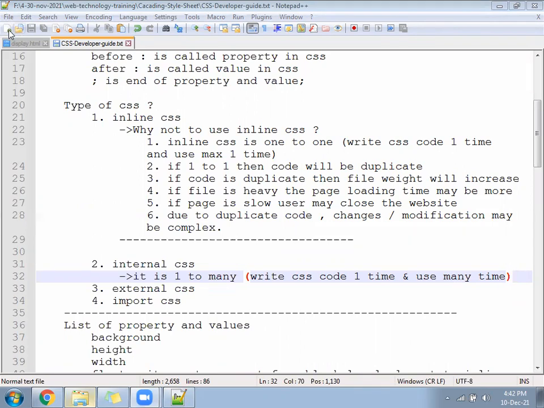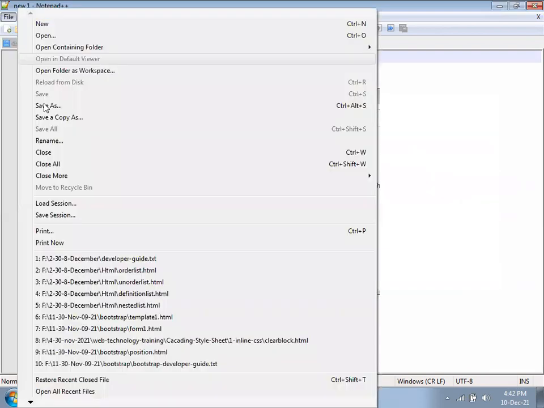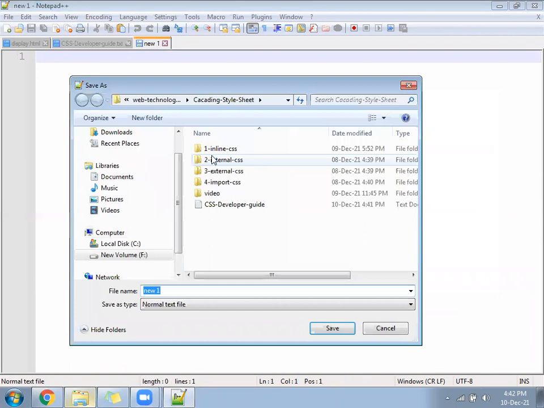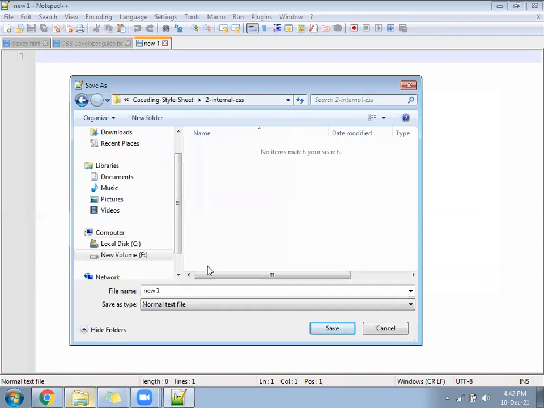Okay. Create the first example, Example1.html, under the internal CSS.